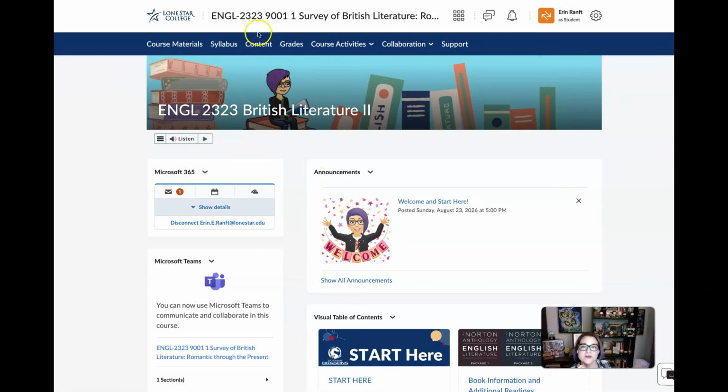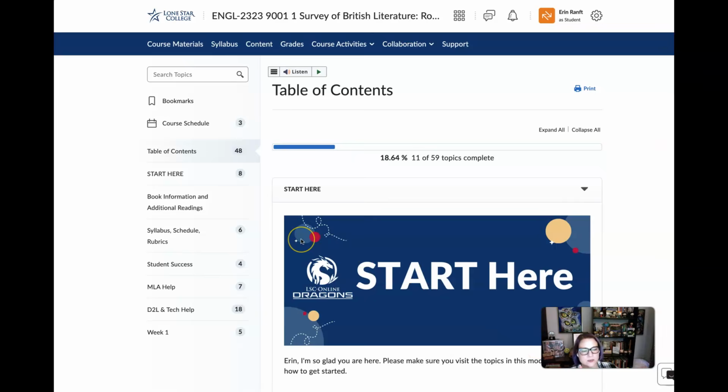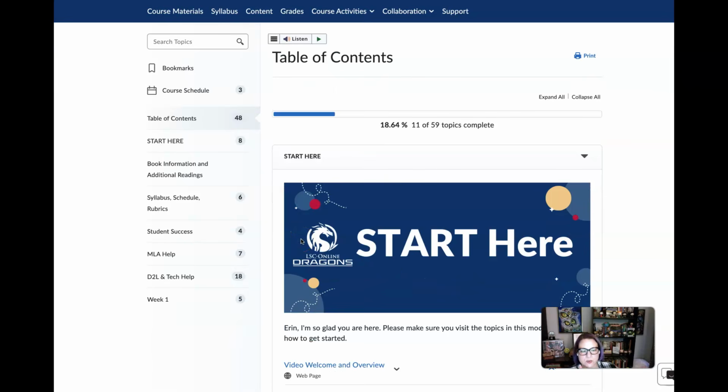All right, I'm heading straight up to the content area where we essentially spend all of our time. If you click on that, you'll see our table of contents on the left-hand side. Please take the time to just click around and see what's going on here. It's a lot of information at once, so I don't expect everything to come naturally just yet, but clicking through things will definitely help with your familiarity. Look at the book information and readings, look at all the things that are posted here.